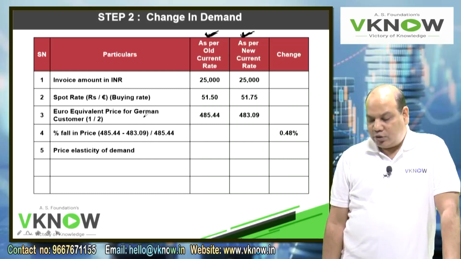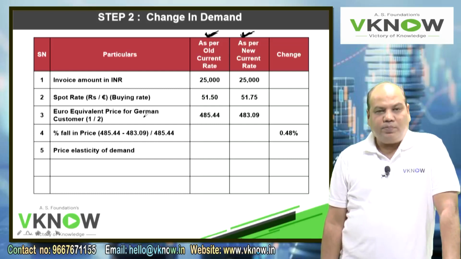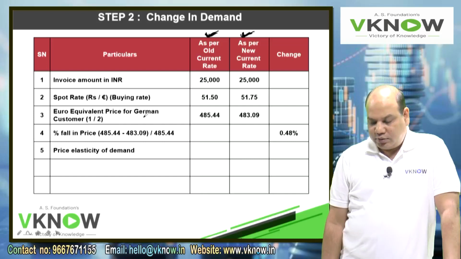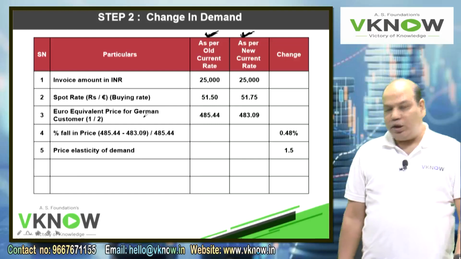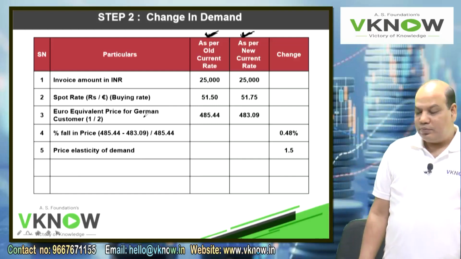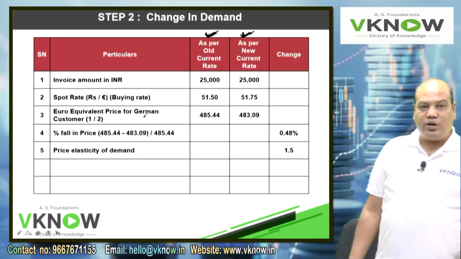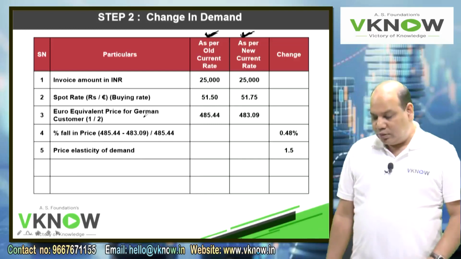Price elasticity of demand means if the price falls by 1%, demand will increase by 1.5%. So in our example, the price has gone down by 0.48%. Demand will increase by 1.5%